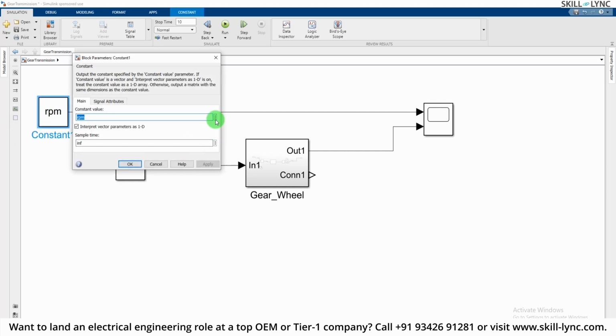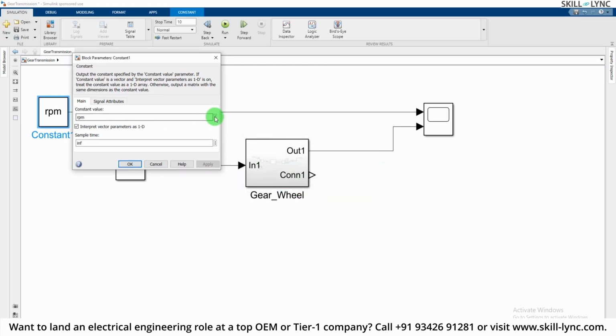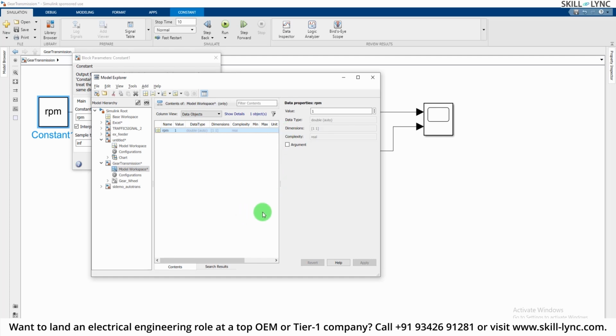So here we have an RPM variable, and it is in the model workspace, and we can open this and change its value from over here, right? So you can change its value from here,